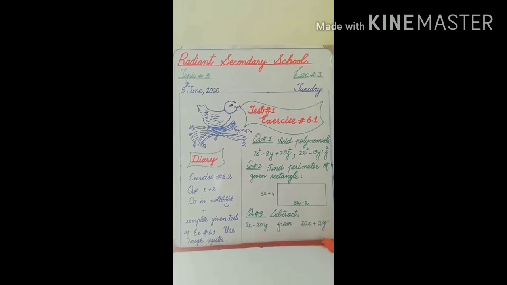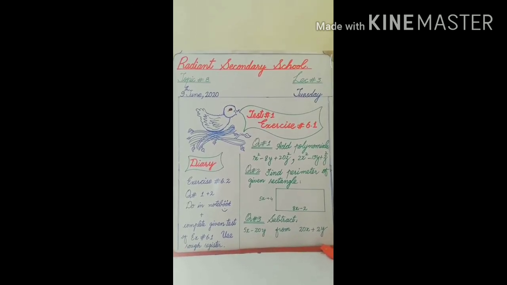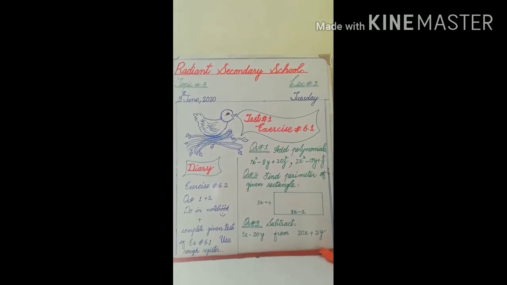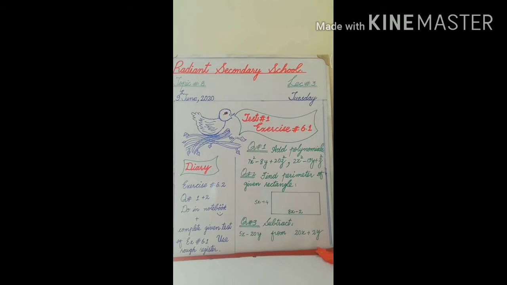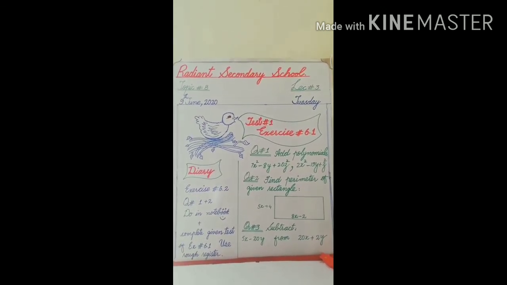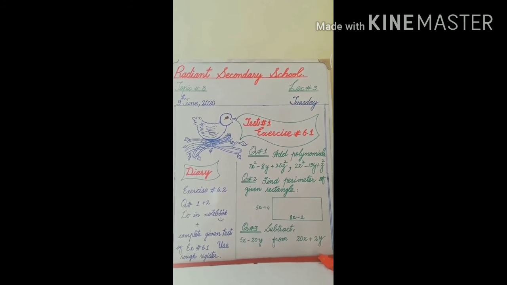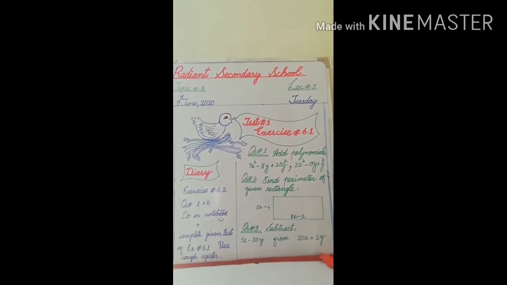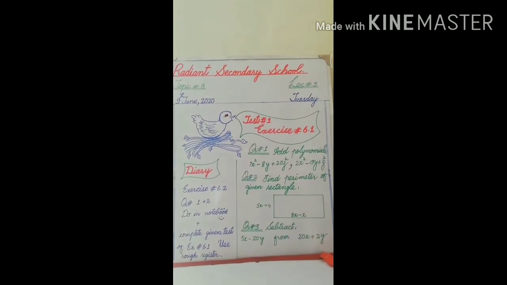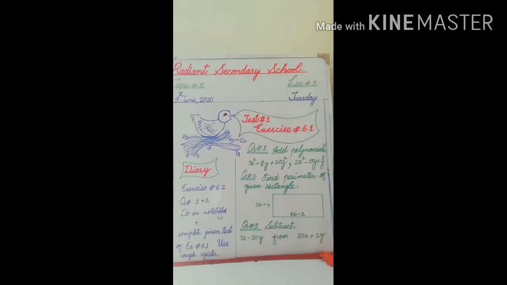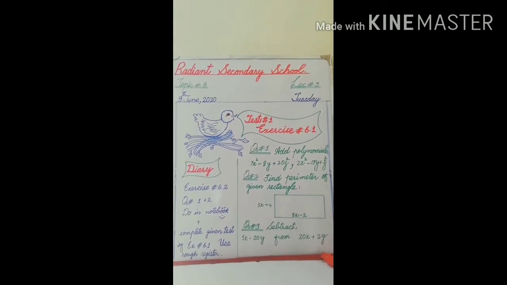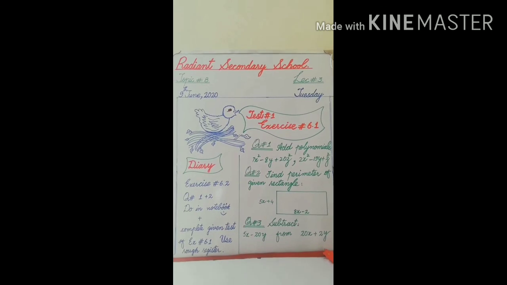Now students, at the end of this video you can watch the cute sparrow, and you can also listen to the voice of this cute sparrow that has brought a surprise for you in the form of a test and diary. There are a total of 3 questions in your test, that is test number 1. And what is the diary? Exercise 6.2, questions number 1 and 2, you have to complete in your classwork notebook with proper formation. And for the test you can use your rough registers.